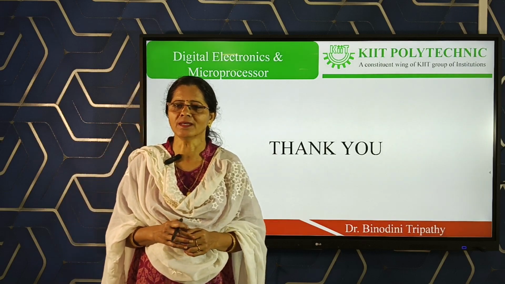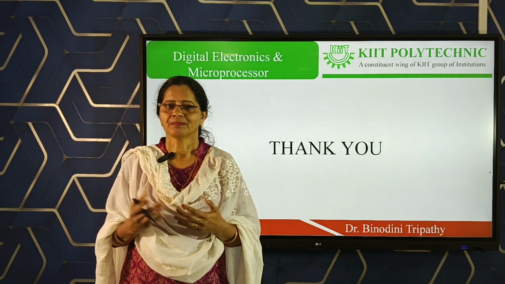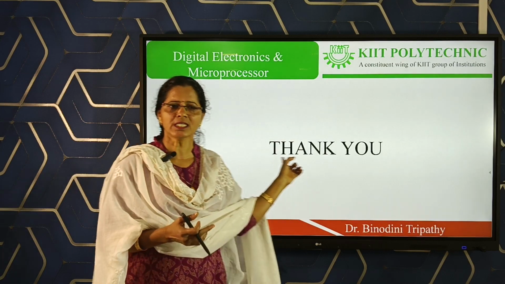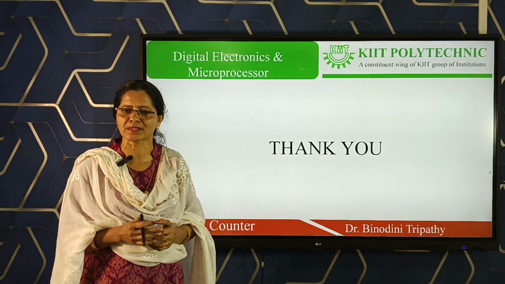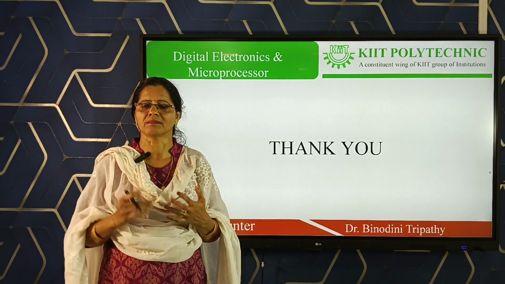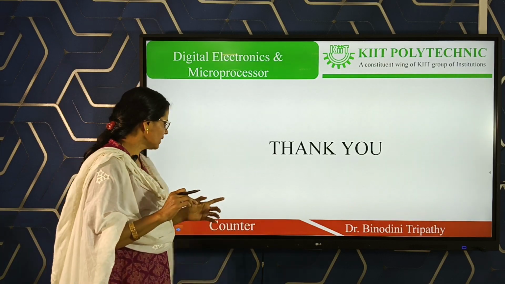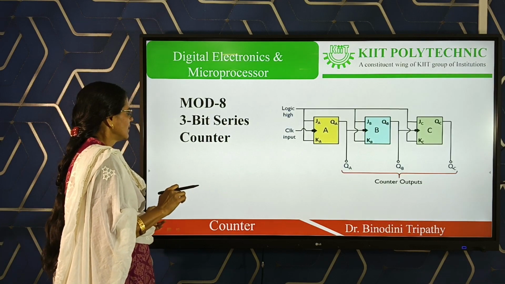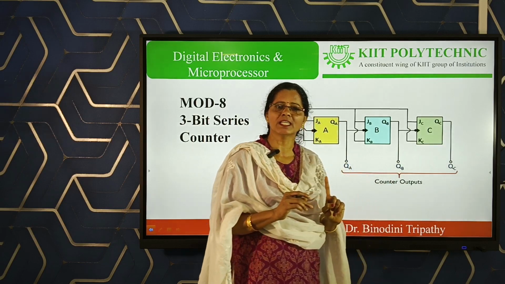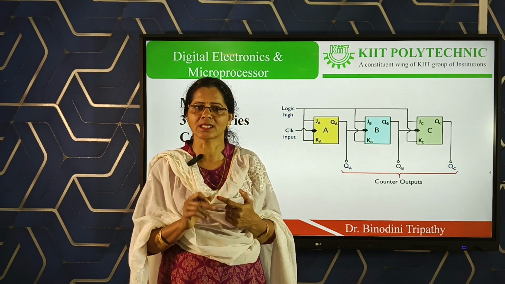Then we shift to the next proceeding, the synchronous or parallel counter. This counter we have already finished, and it has alternative names. The alternative names are asynchronous counter, because we are not applying the clock pulse at a time. Also known as the serial counter, because we are applying in serial. Also known as the ripple counter, because the clock pulse is flowing or passing like a ripple. So the alternative names for this are serial, ripple and asynchronous.